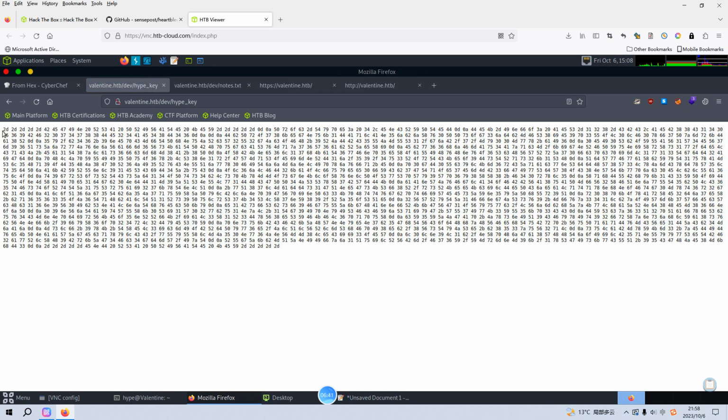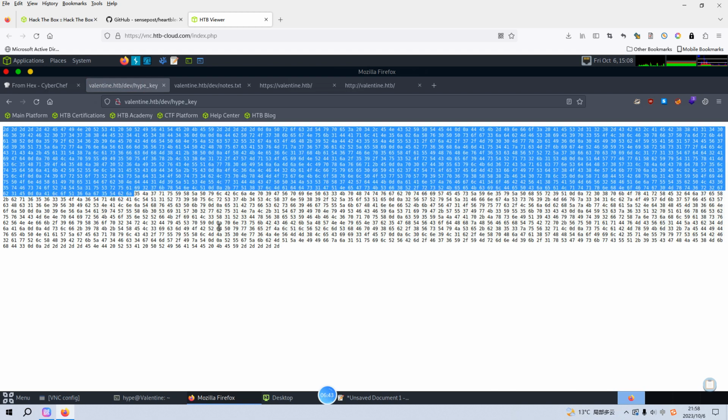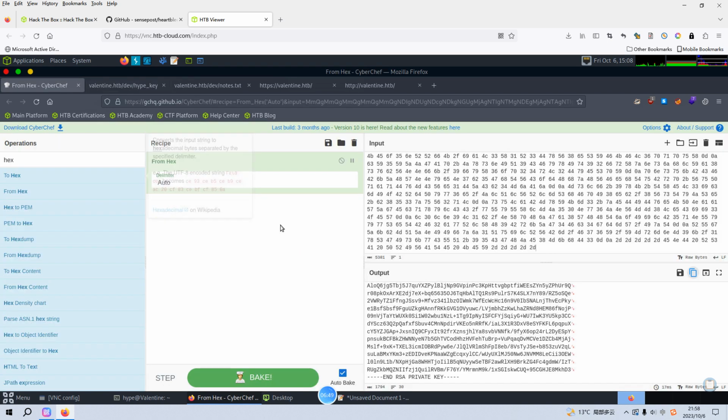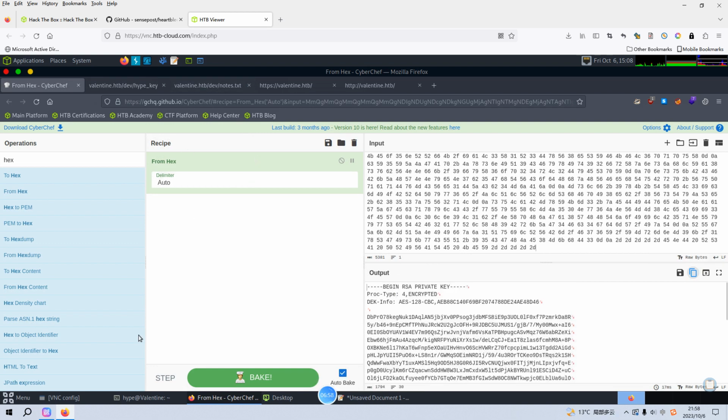I think this message is encoded in hex, so we can copy and go to CyberChef to decode. I've already done that earlier, so we can copy